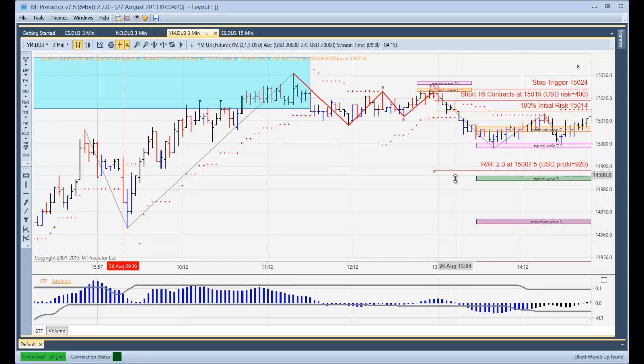So let's drag this down. Therefore our initial target on this trade would be at least 6.6R. That's why I like these trade setups so much, and this is why MTPredictor was designed in the first place, to be able to get in as the wave 2 correction is ending, to then be able to trade the wave 3, because the wave 3 is the strongest and longest wave in the completed 5-wave sequence. Therefore it represents the largest potential profit for the smallest initial risk, and I think this is the best trade